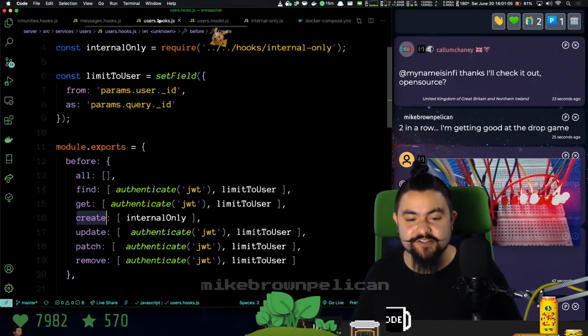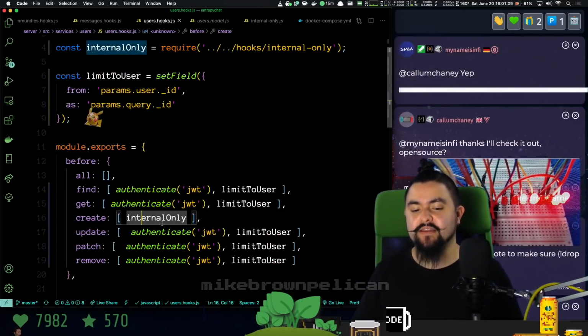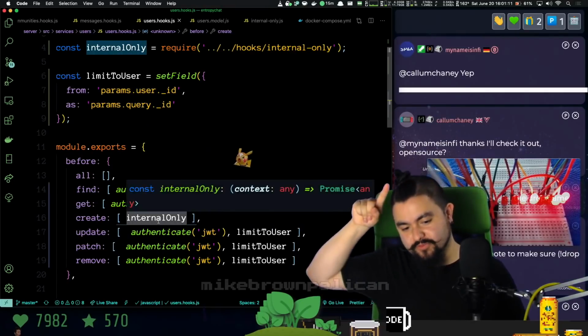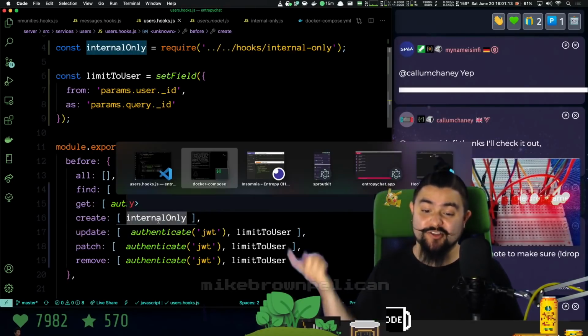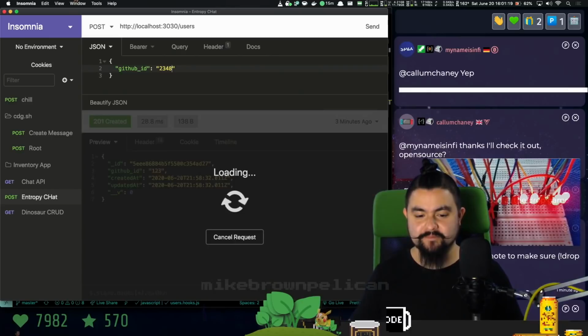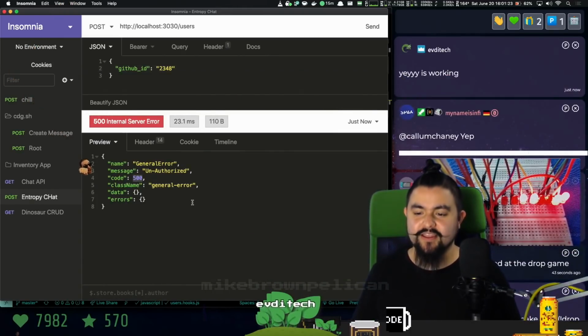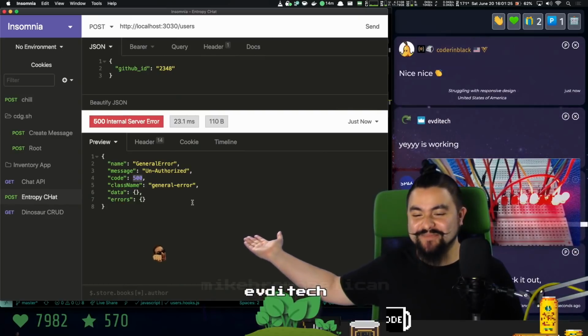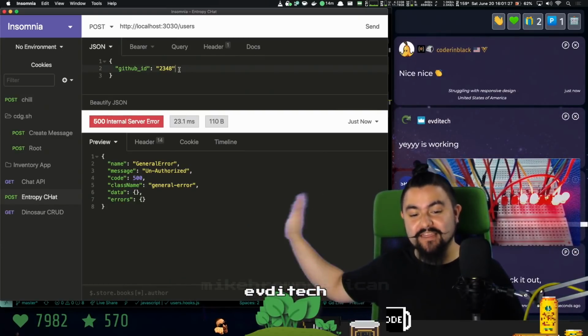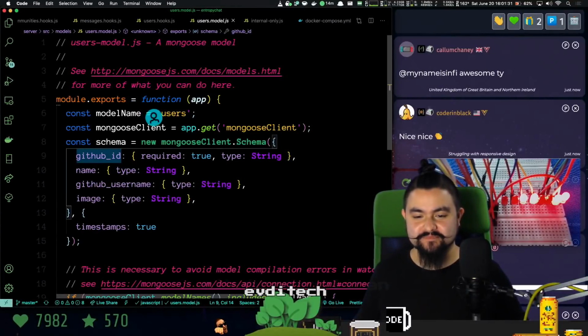And so we've already registered that hook right here in create. So before create is allowed to happen, the request runs through that hook, and it should error now. So now if I send a POST request here with GitHub ID 12, that's GitHub ID, unauthorized. Technically, it has the wrong status code. So I could update that. But this hook, this custom hook that I wrote,